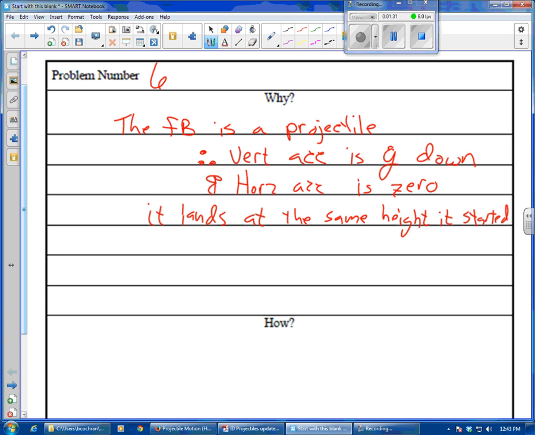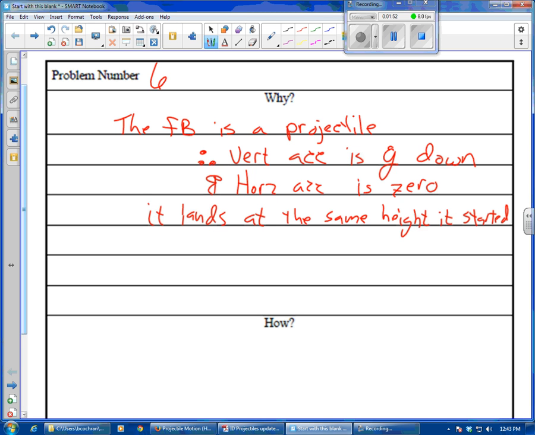So it lands at the same height as it started. Anything else interesting going on? Maybe I might want to use the fact, well,